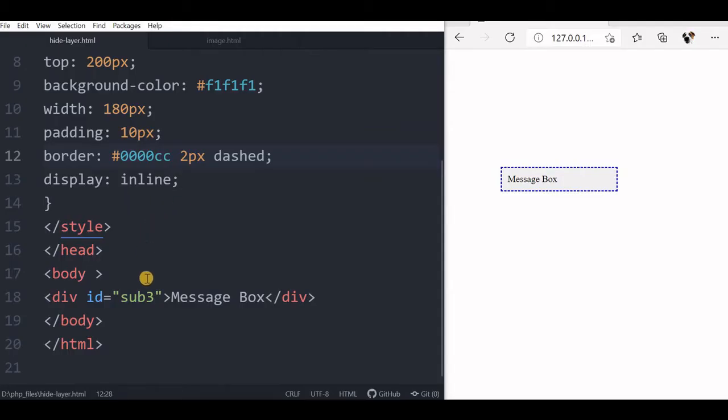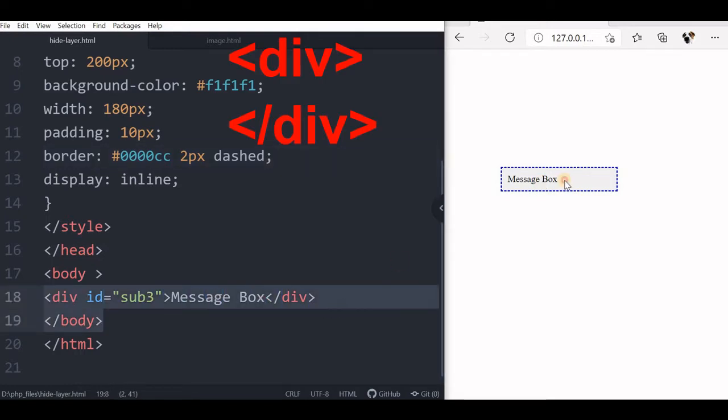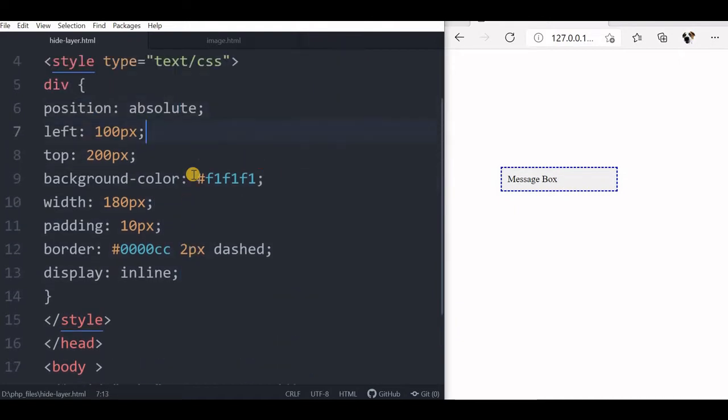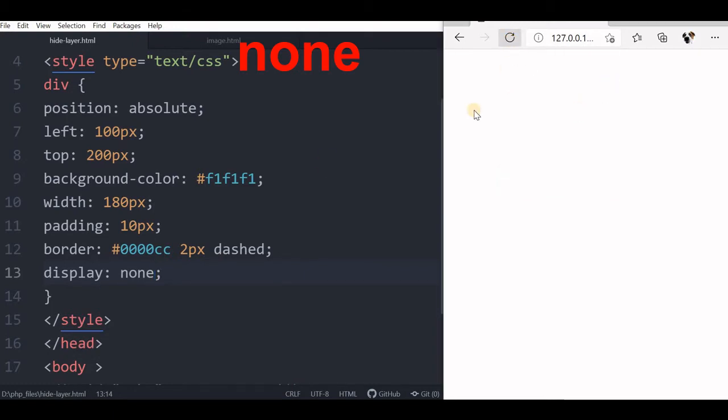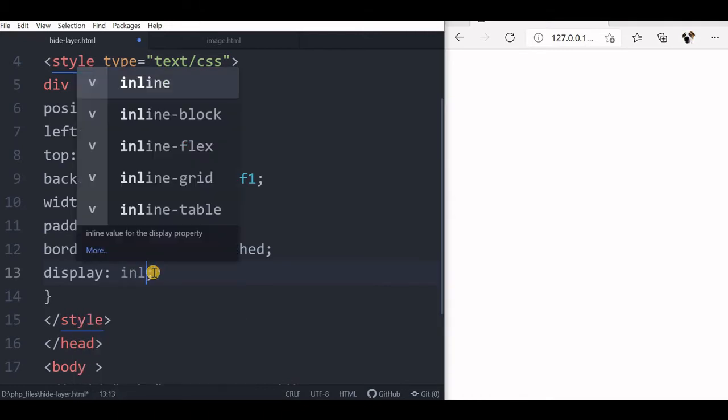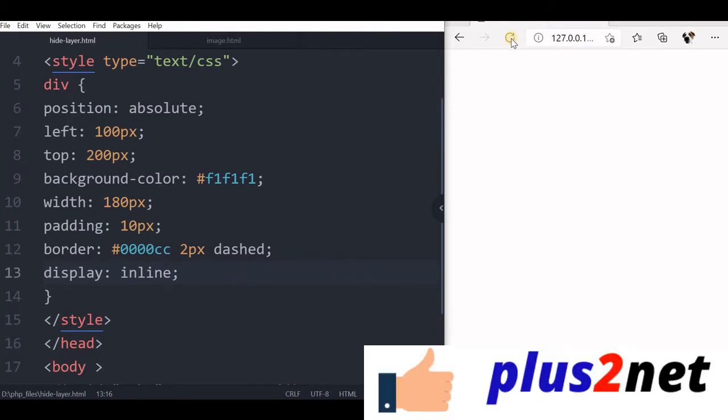This is a simple HTML template where you are displaying a div tag or a simple message box here. The box is displayed here. So you can see that this style property we have defined in the last line says display inline. We can change it to none also. So once you change it to none, what will happen to this message box? I am just refreshing it. It has gone. Now let's bring it back again by writing inline. So this is the property we will be managing now, to hide and display the message box.